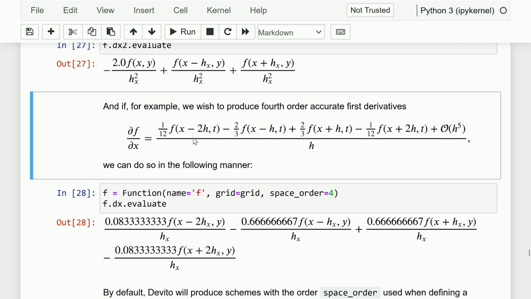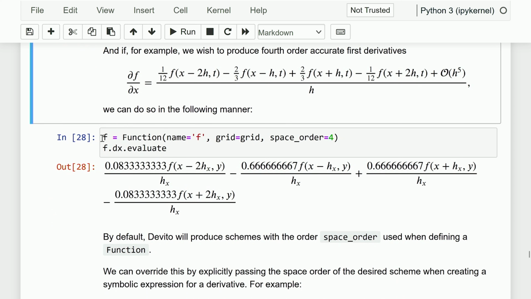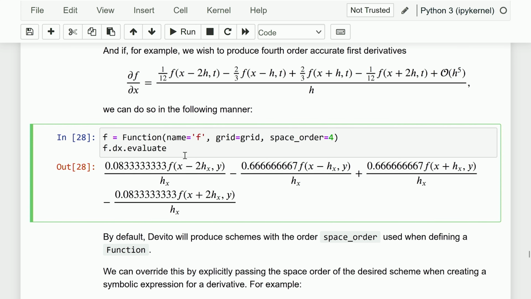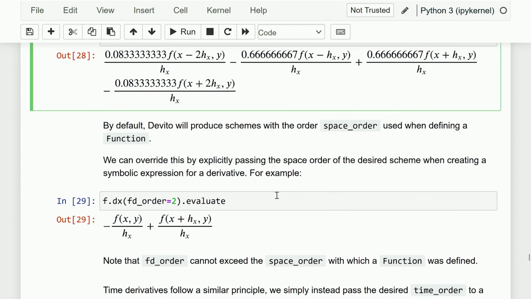for that. If we work it out using the Taylor series based approximation, we can do that as follows. So if we just define now our function f with a space order of 4, and then we say f dot dx dot evaluate, we'll get the scheme here. By default, Devito will produce schemes with the space order used when defining a function, but we can override this if we like by explicitly passing the space order of the desired scheme